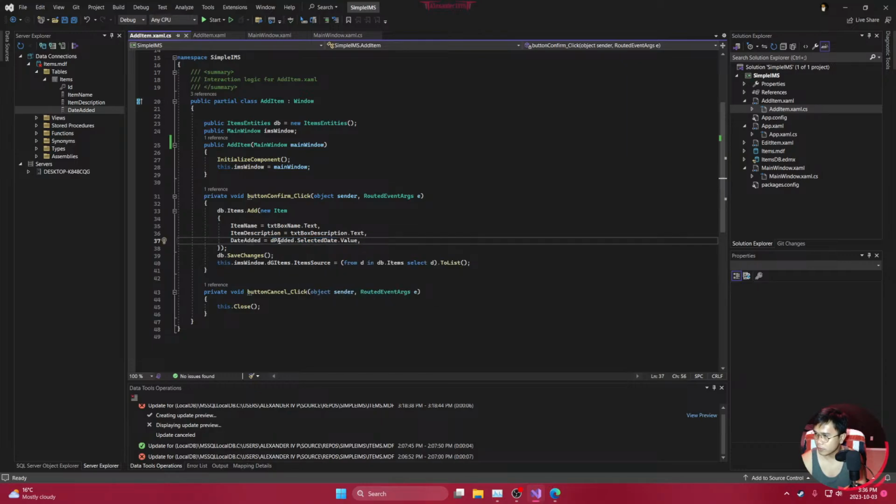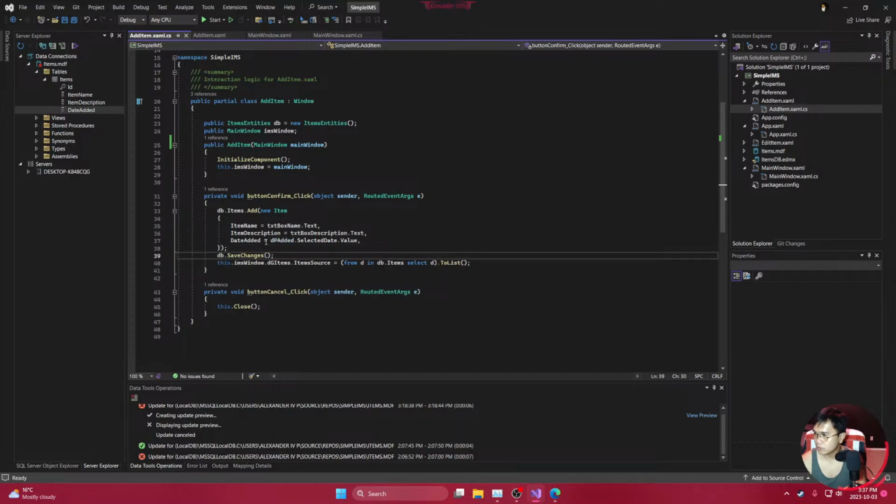This one right here, date picker added. Usually it's just select the date, then value for dates. Now that one's for the item name text box, and then the dot text. I don't have anything set up in order to stop you from putting in nulls or the wrong information. I will not delve into that deeply. So it's just going to be this simple information on how to basically connect, add, edit, and remove database items in a database within a Windows WPF